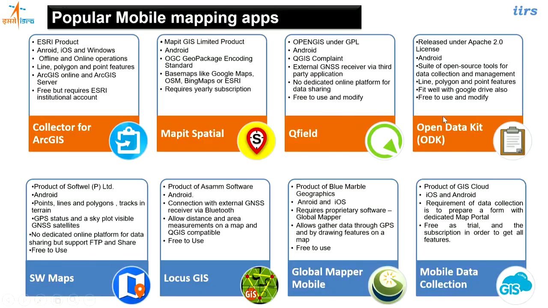The fourth one is Open Data Kit. This is released under Apache 2.0. It means you can download the source code on your own, and you can use it not only for open source but for proprietary applications also. You can have your proprietary application developed in the case of Open Data Kit because it is released under this Apache 2.0 license. It allows you to develop proprietary as well as open mobile applications. Both can be developed with its help, whereas in the case of QField only open source solutions can be there.